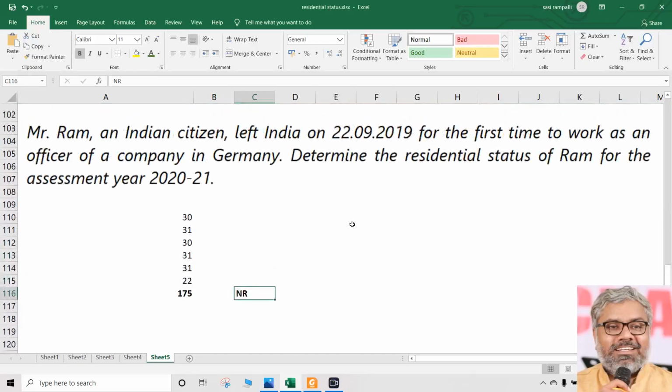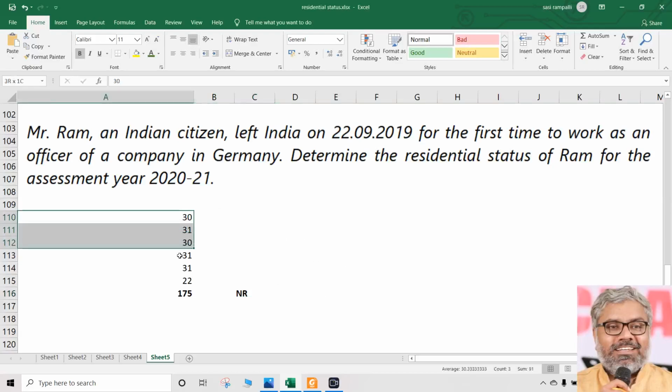You should write the reason about all this. What condition did he satisfy? What condition did he need not satisfy? That also you should write. Then only the marks will come. So full explanation will get the marks. This is just the calculation and conclusion.